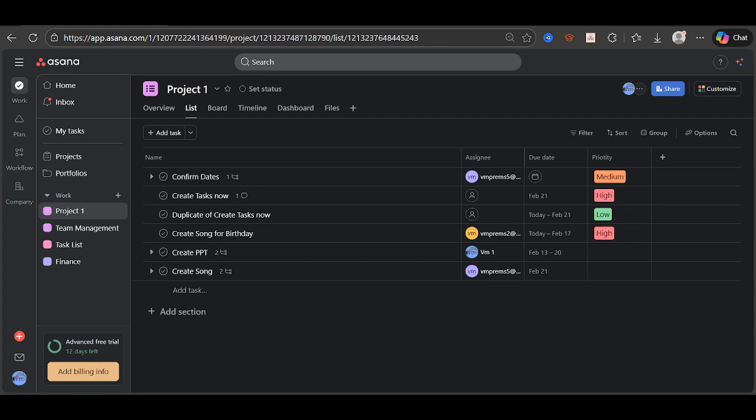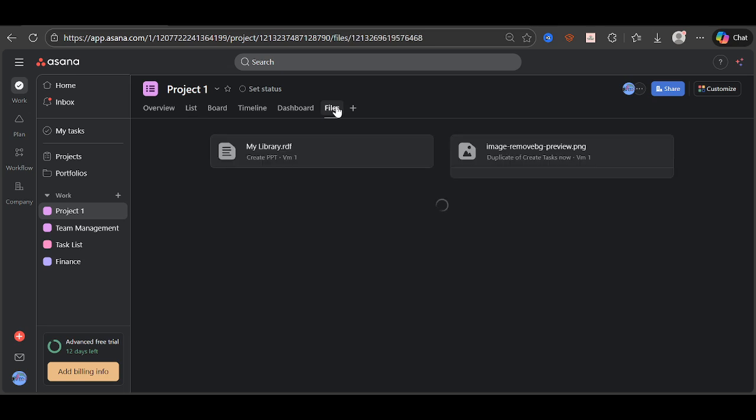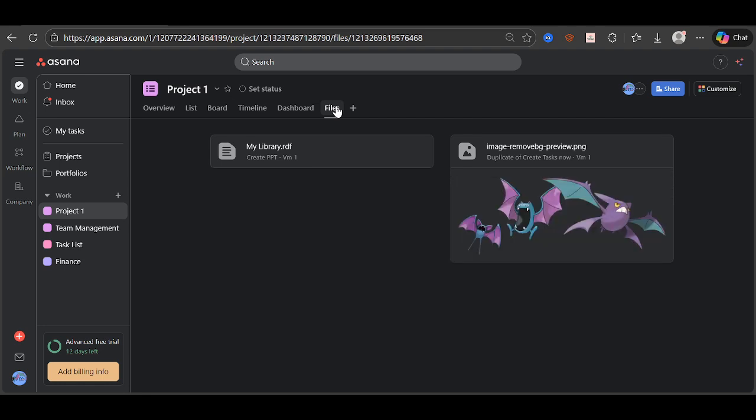Start by opening the project you're working on. At the top of the project, switch to the Files tab. This tab gathers every attachment from across all tasks in that project and shows them in one simple view. It's perfect for getting situational awareness, whether you're confirming the latest design, checking for a finalized brief, or scanning for duplicates. You'll see a list with columns like name, task, and date, so you can understand what each file is